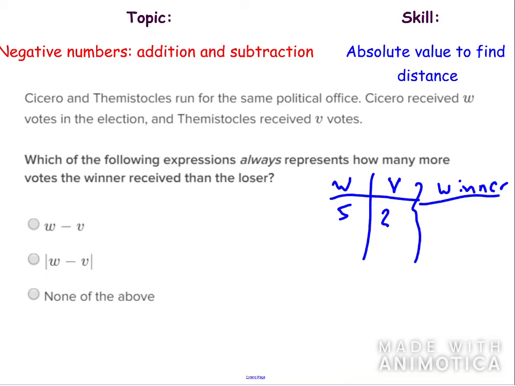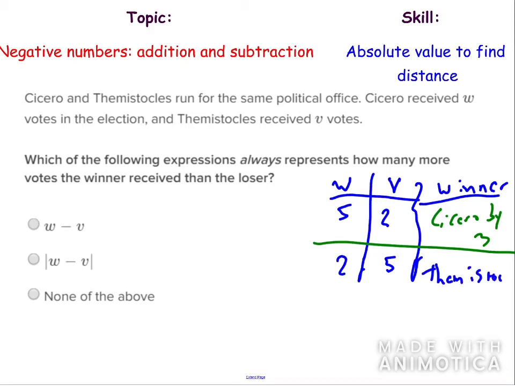Well, W is Cicero, so you get Cicero by 3 votes. All right? Now, let's just see what happens if we do the opposite, because we don't know who wins. So if we gave W 2 votes and we gave V 5 votes, in this scenario, once again, the difference between the winner and the loser is also 3, but in this case, it's, I hope I pronounced that right,